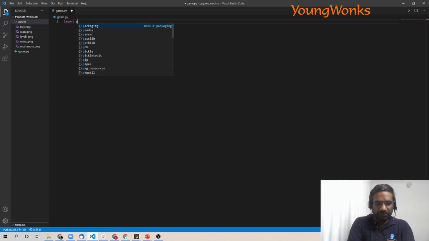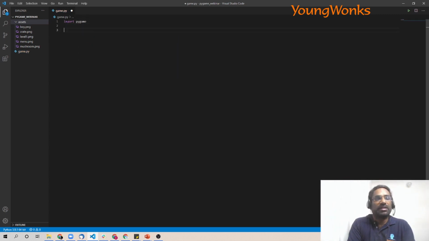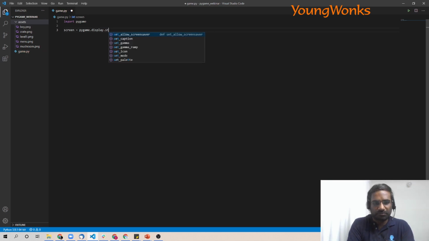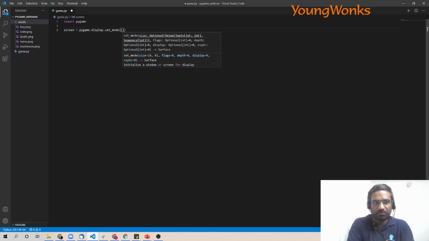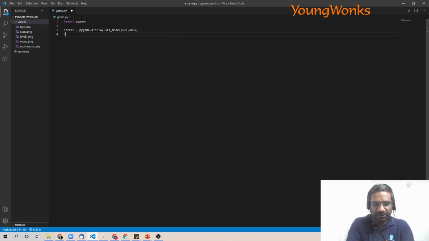Make a blank Pygame window. I'm going to import Pygame. I'm going to make a screen. You can also set the title of the window. Side scroll. Now we're also going to need a game loop